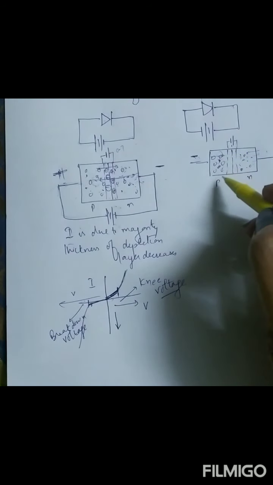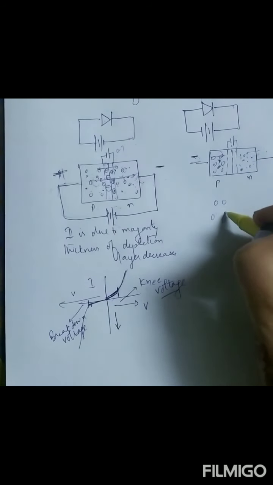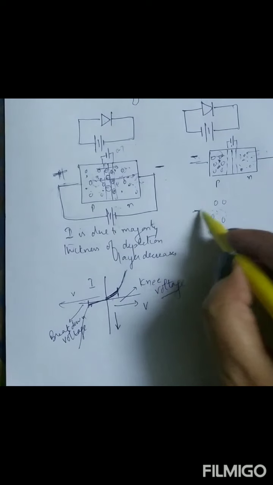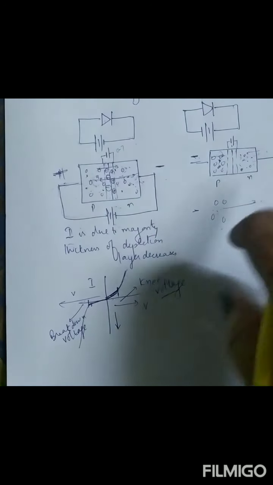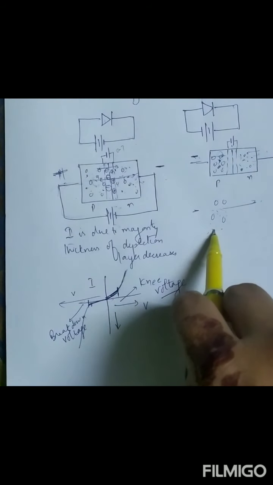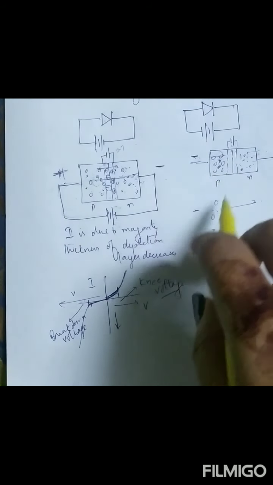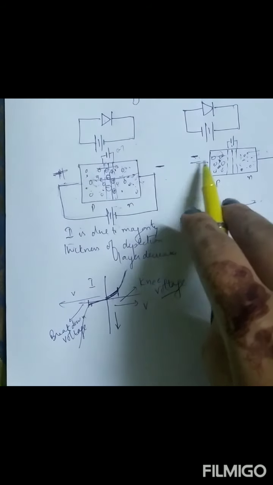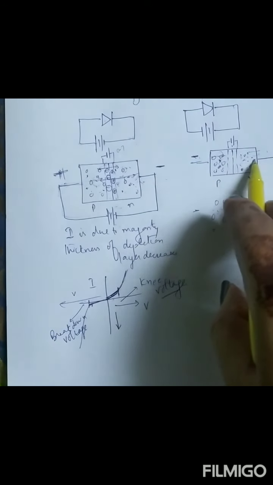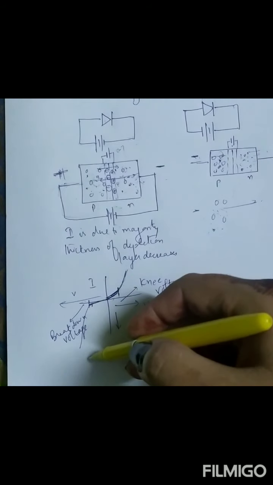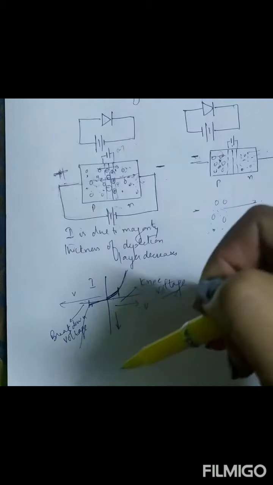When a number of covalent bonds break, holes and electrons become free. Lots of holes are generated, and electrons also in the N type. So negative will repel the electrons here, and there is lots of current in the circuit because of these electrons only. Because many covalent bonds break here, many holes as well as electrons are generated. The electrons get repelled by the negative terminal of the battery, so they start moving and a large amount of current is there. So these are the reverse characteristics of the PN diode.